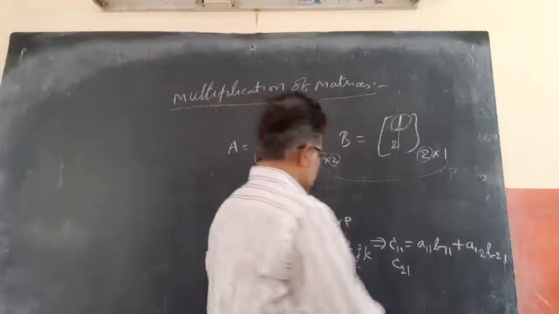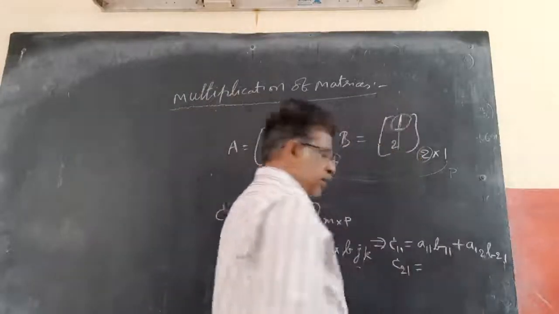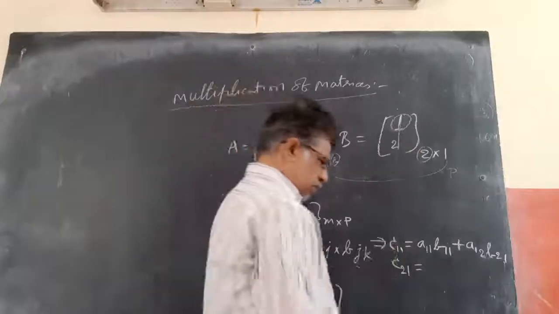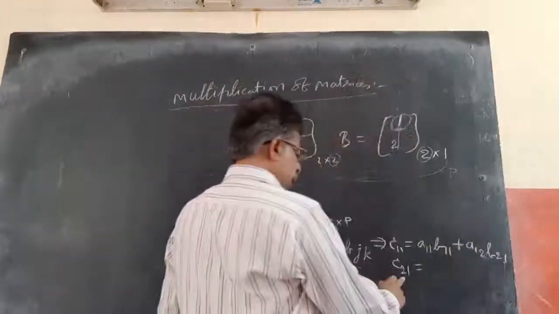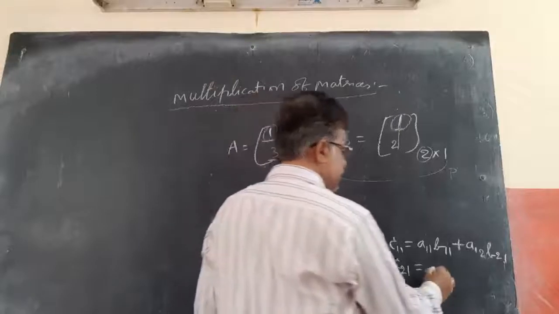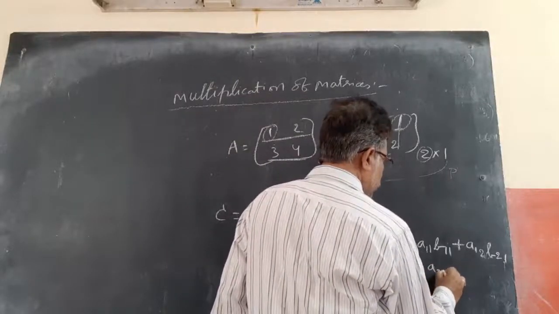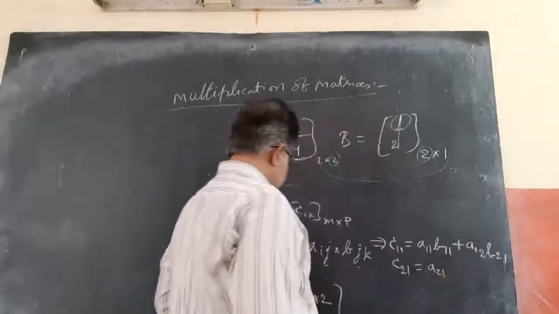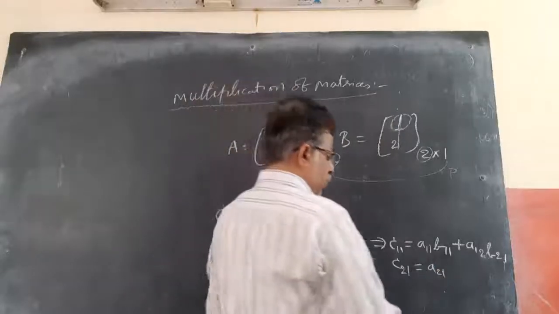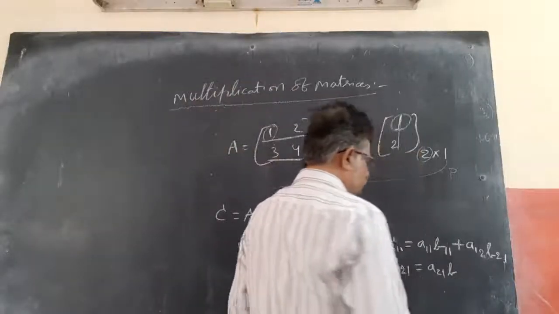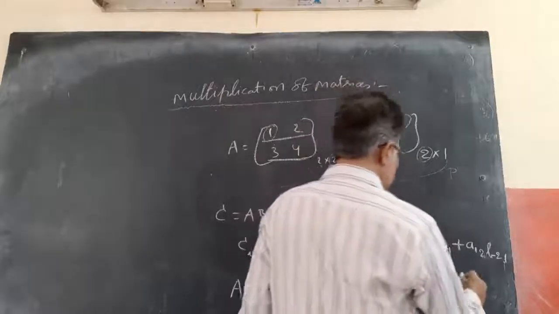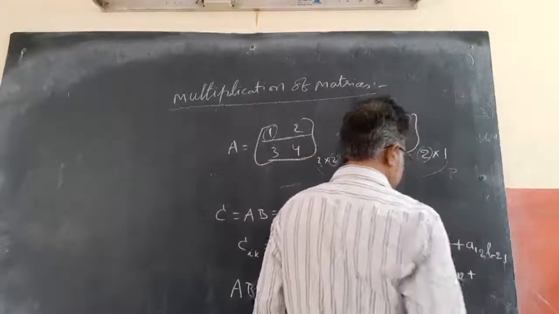Now c21 equals, according to this, what do we get? I is fixed, k is fixed, j is changing, so a21 first, j is changing from 1 to 2, a21 and b11, plus,